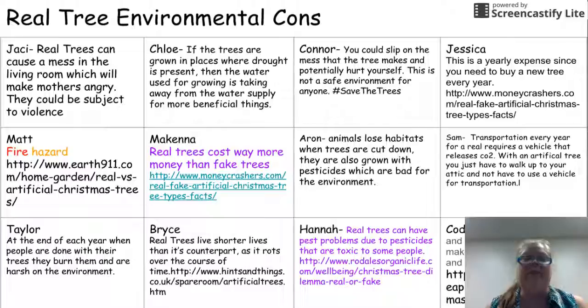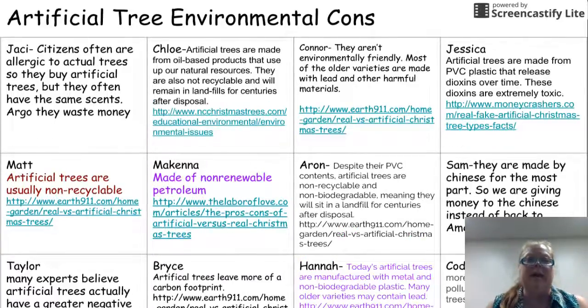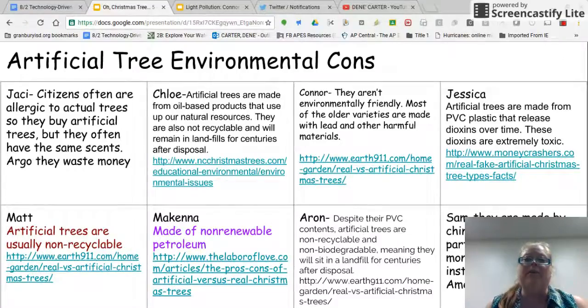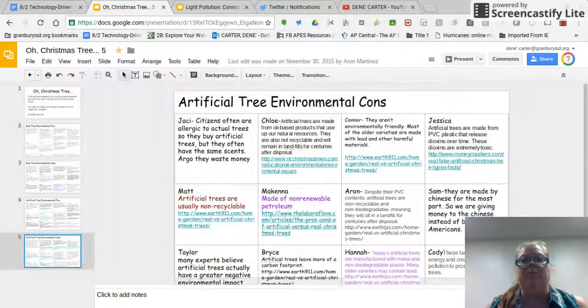And they were also given very strict instructions about writing on other people's stuff. So we had the artificial tree environmental pros and the cons, and we worked our way through that. So that is a within class example. We used other tools where we would collaborate and communicate also within assignments and bell work on that type of